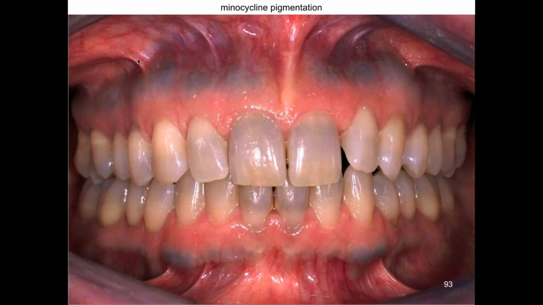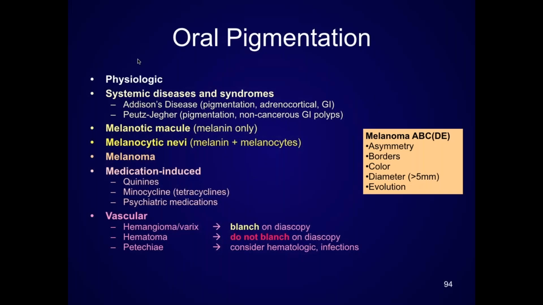Now, I'm going to make a disclaimer on this one. This photograph was actually taken at Lackland. It got shared in a study exchange. This photo is actually in the Neville and Damm textbook, so I do need to make that disclaimer. It made it to the textbook. And you can see the bluish color of the bone underneath, and then you can see the banding. So when it comes to oral pigmentation,